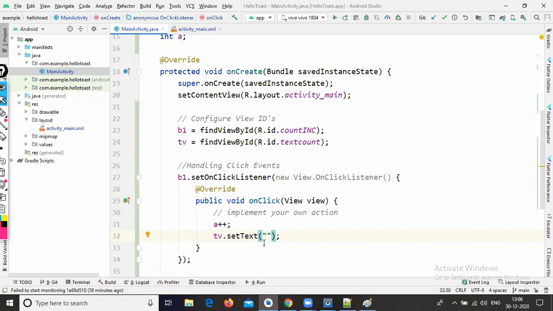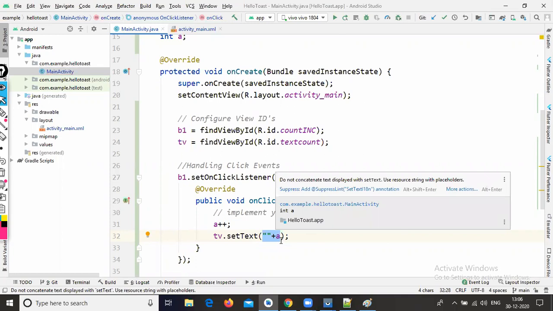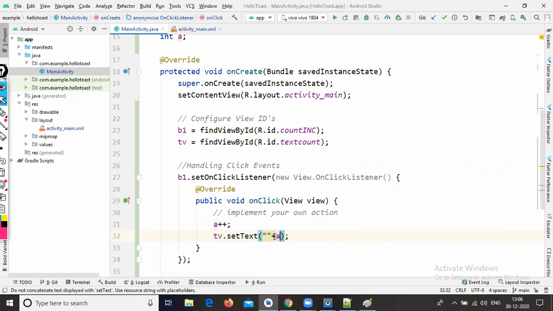I want to concatenate this integer value to a string value. So plus, just type the a value, like this. When I add this integer value to this string value, it becomes a string.